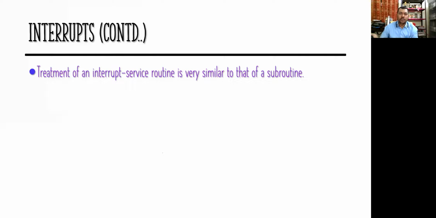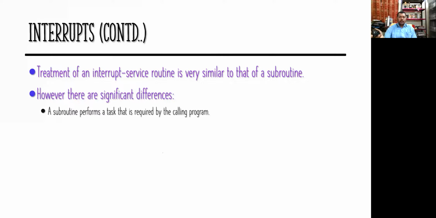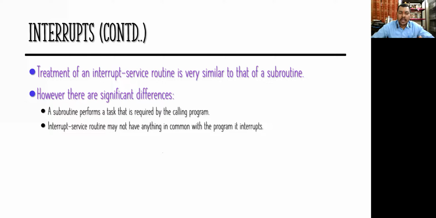मैंने बताया अभी कि हम लोग एक छोटा सा प्रोग्राम लिखते हैं which we call in the main program. So ये interrupt service routine और subroutine जो हम लोग लिखते हैं, they both are almost same. They are not same actually, but they are almost same, क्योंकि वहां पर भी वो कॉल करता है, यहाँ पे ये इंटरप्ट के वजह से वो वाले प्रोग्राम में चले जाता है. और क्या क्या उसमें डिफरेंसेस है, वो है a subroutine performs a task that is required by the calling program. वो प्रोग्राम से रिलेटेड वाला एक प्रोग्राम है छोटा सा, राइट? And that is being called in the main program.